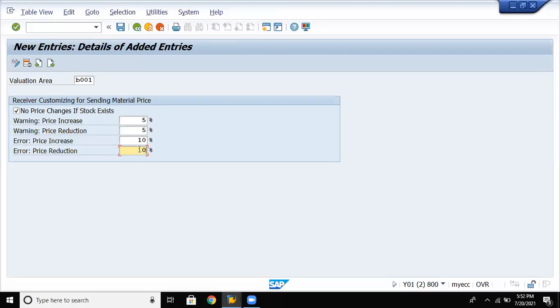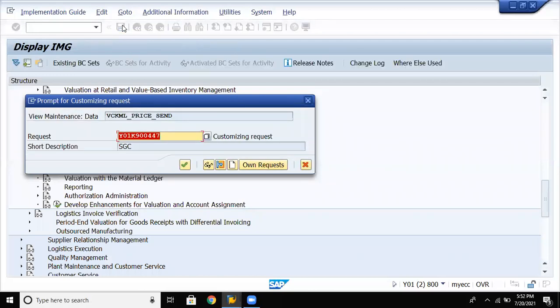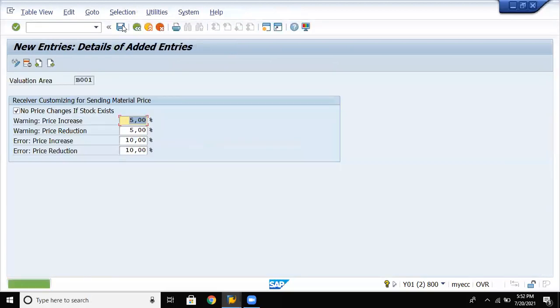Enter, save. Enter. Save the data, go back.